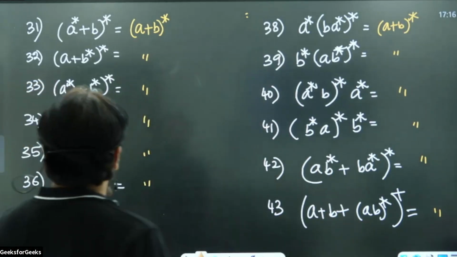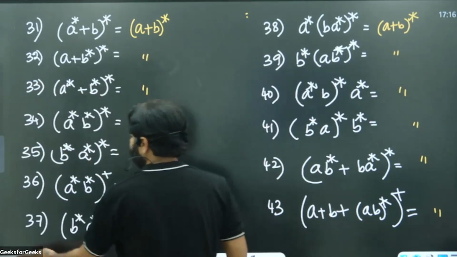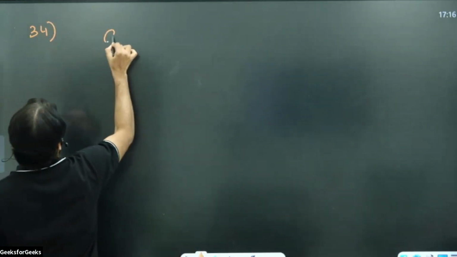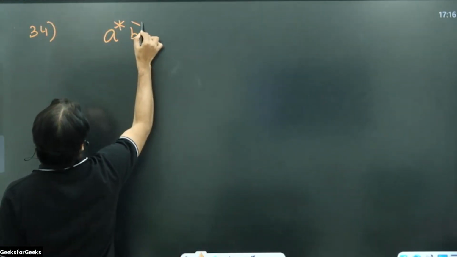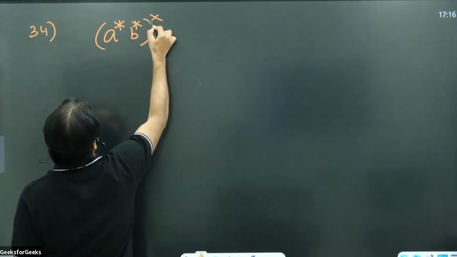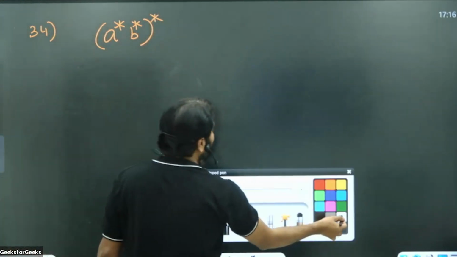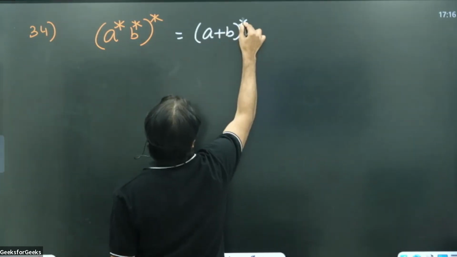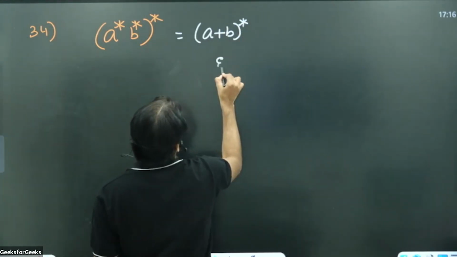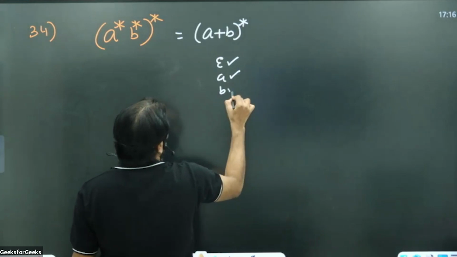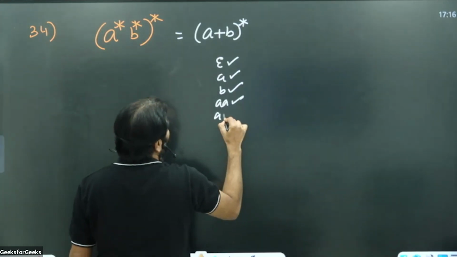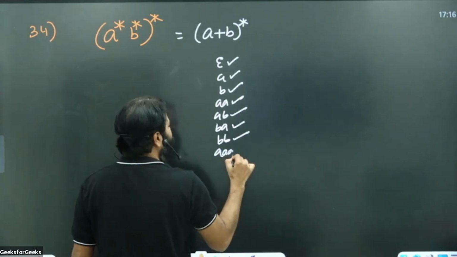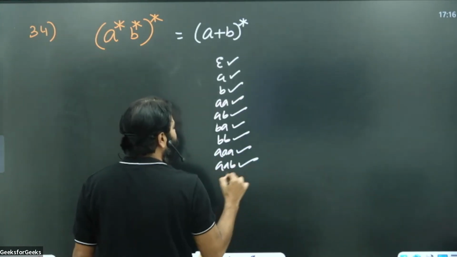34. 34 is a good question. 34. A star, B star, whole star. Now we have a problem. How to understand that it does exactly like A plus B whole star? Correct? And I'm trying to help you. This does epsilon, A, B, double A, B, every string what you write. Correct or not? I'm just trying to prove whatever you want,